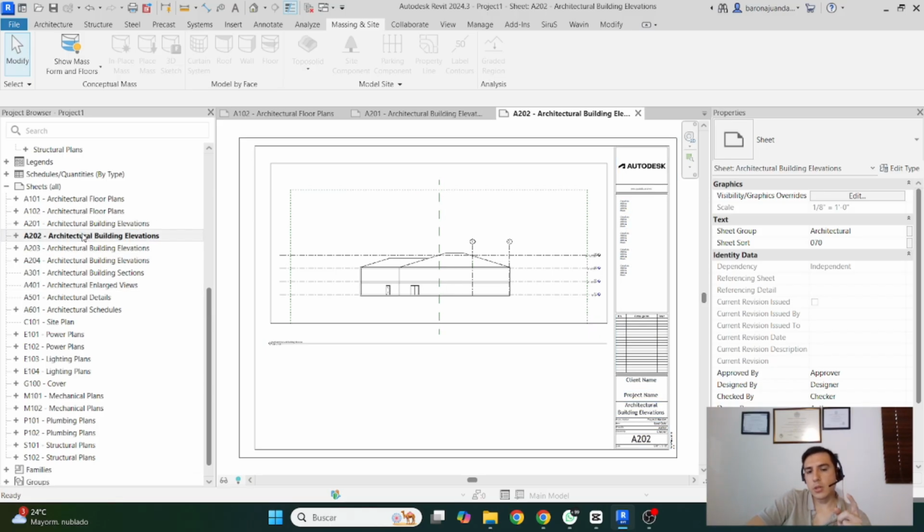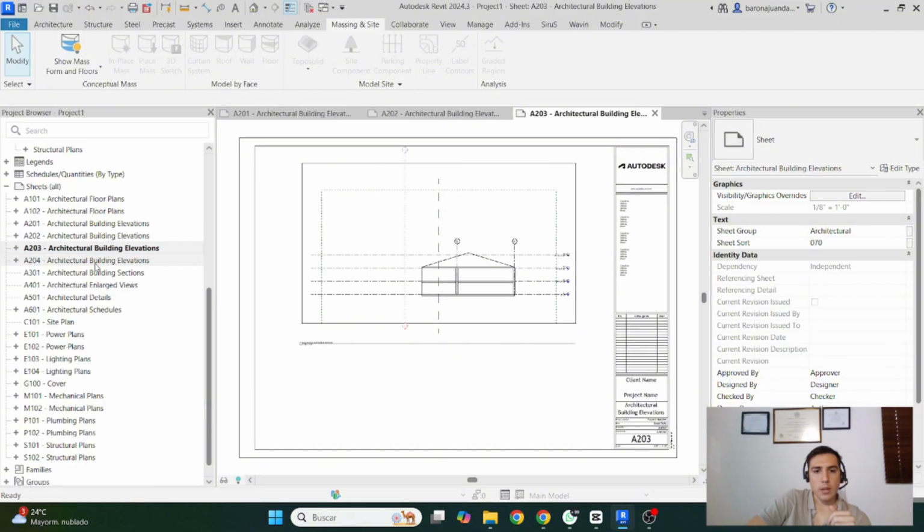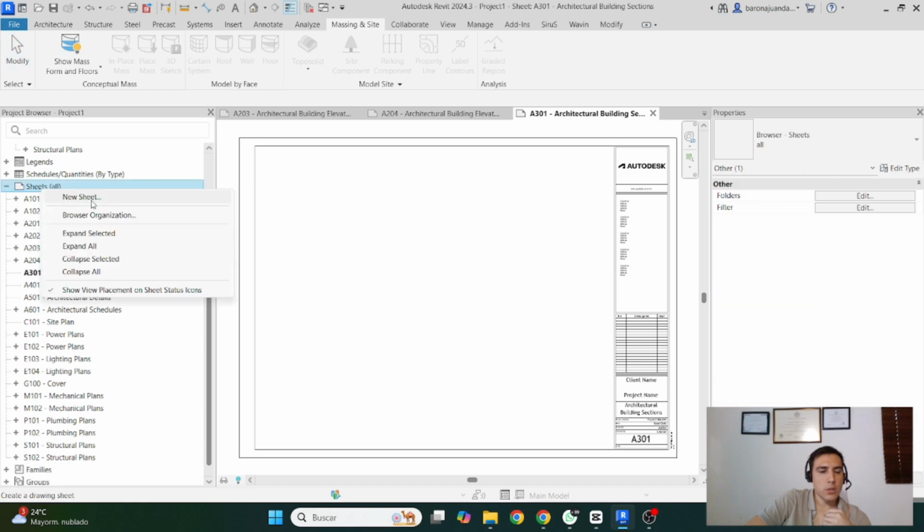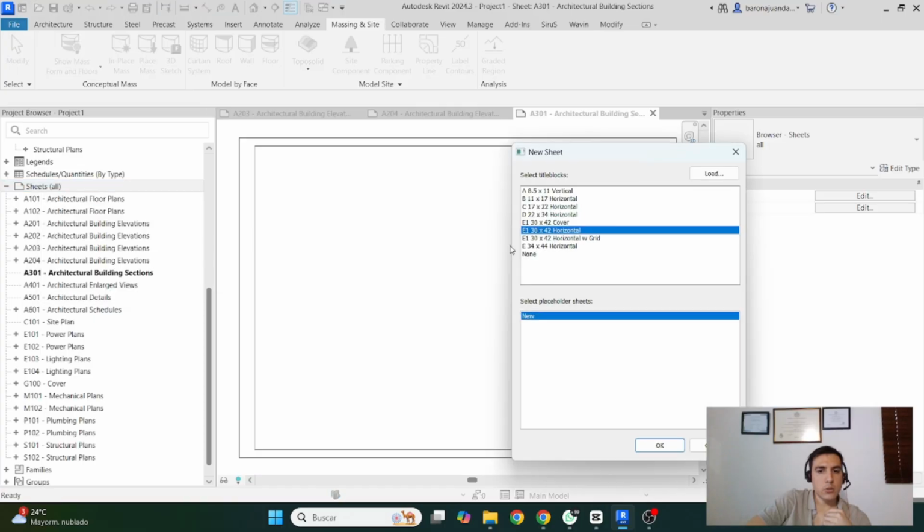This is the metric or the imperial multiple template that we select at the beginning that has these sheets already created. So if you wanted to create another one, you right click and new sheet. You select the title block that you want and the size that you want